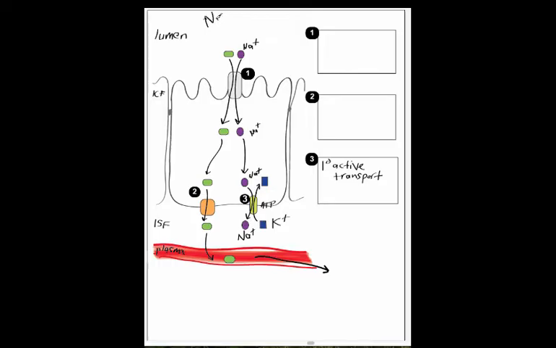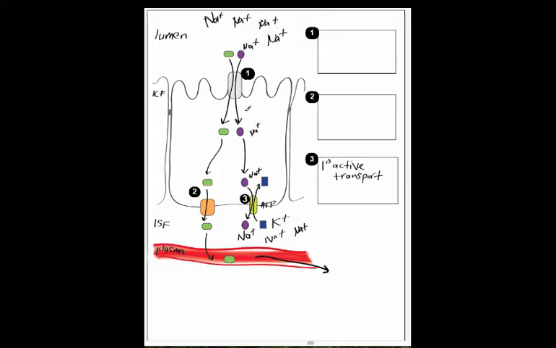and much lower in concentration than, say, inside the lumen here. So I'm going to put a few more sodiums here to indicate that the concentration of sodium is much higher in the lumen and higher here as well. So this is important that we have created what now is called a sodium gradient, higher sodium outside than inside,